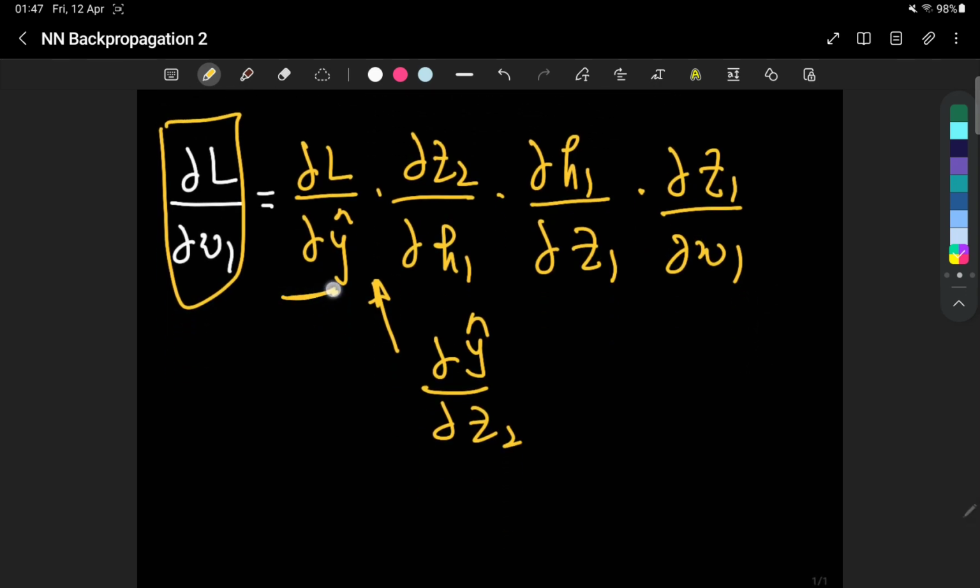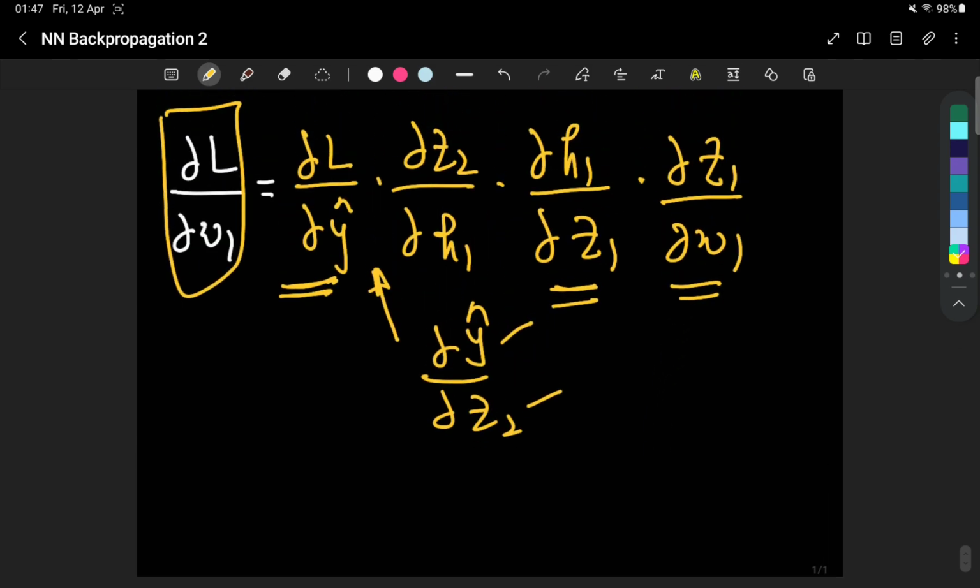So this is loss function with respect to our desired with respect to our network output. Then the network output with respect to the input to the consecutive node, and then primarily z2 with respect to h1, which is primarily output of the previous node. ठीक है, और इसी तरह से यहाँ पे this is again calculated, and this is again calculated, the partial derivatives, and then you simply multiply these partial derivatives, and that's what you will actually be getting. ठीक है, so let's just take another example in this particular case, and probably this would help us